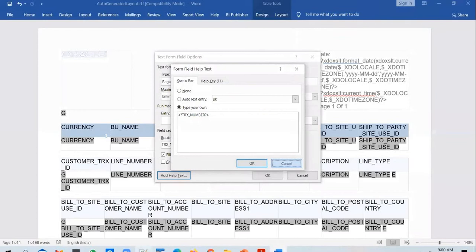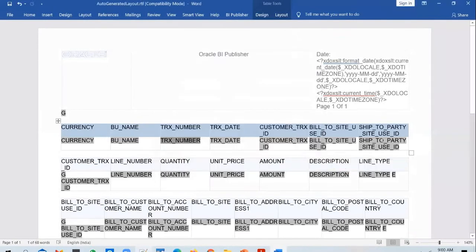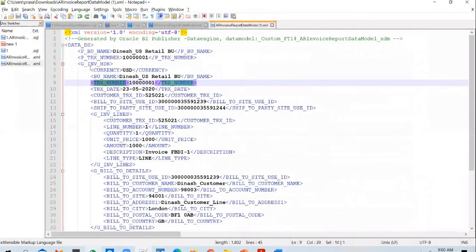Apart from these usual XML tags, there will also be group level tags. In this XML file, for this invoice, there is only one line, right?